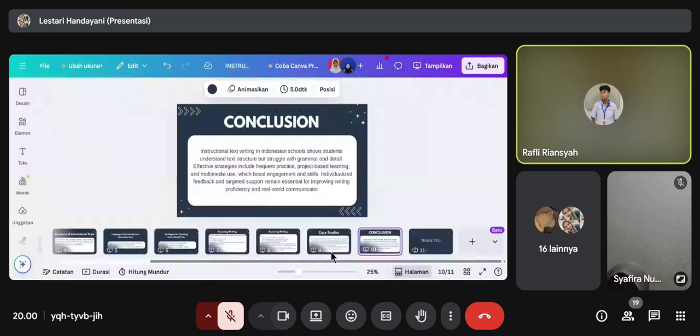After that, you select the region that you want to be in and then wait for confirmation. Is that clear, Fatimah? Very clear, thank you, Rafli.